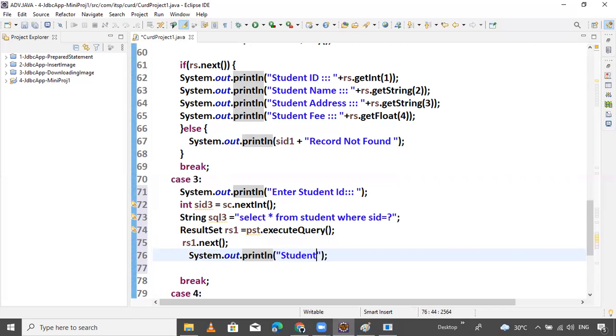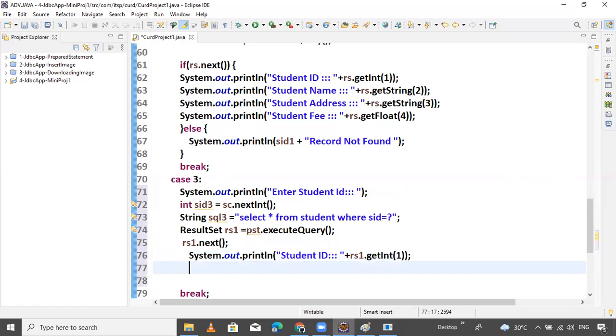Student ID. I want to show the student ID. Plus, what is that ID is rs1 dot get int, index number is one. That's it. Then you will get the student ID.